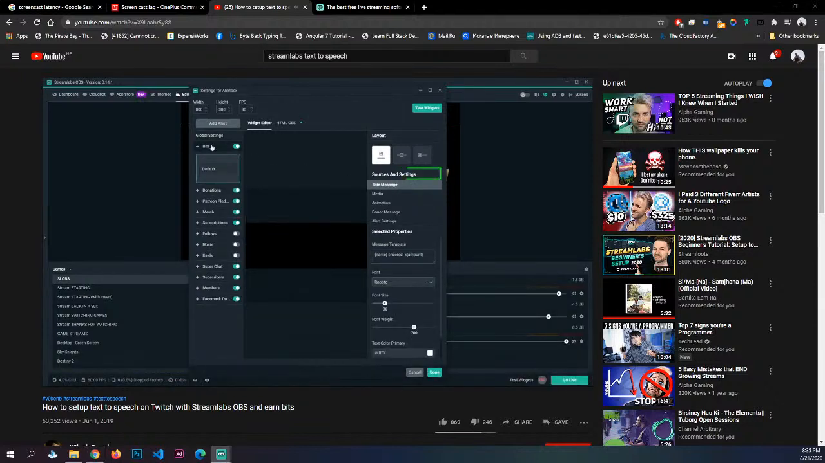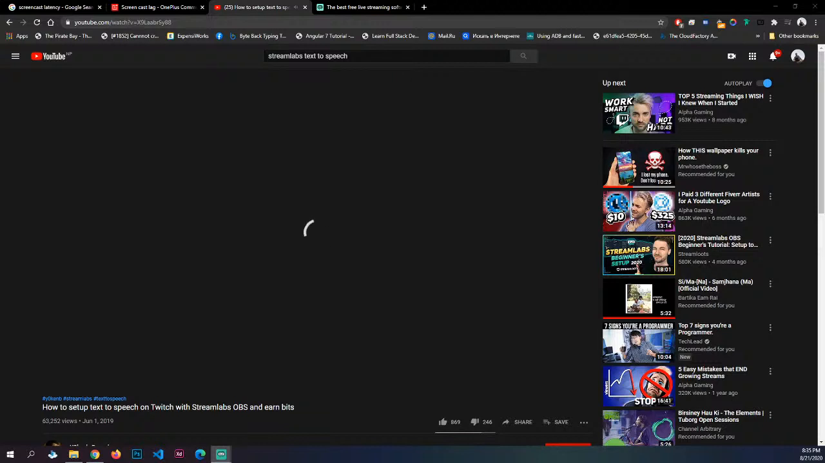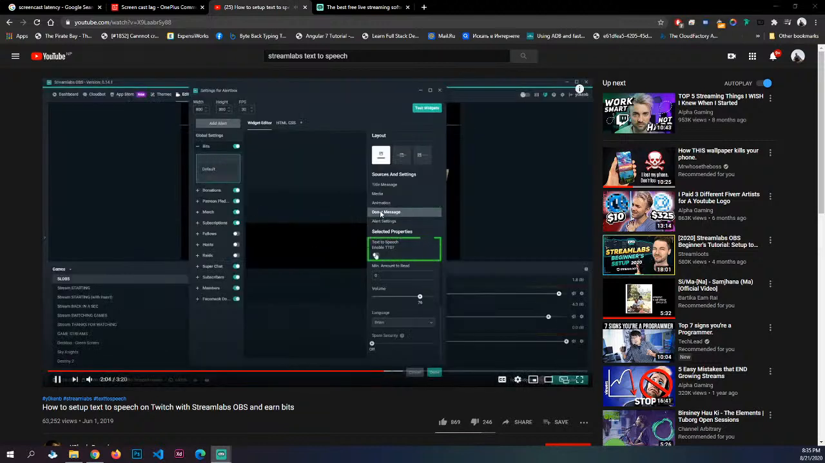Then under sources and settings on the right, you need to click on donor message. Scroll down the selected properties panel which opens up below and then make sure the text to speech enable TTS option